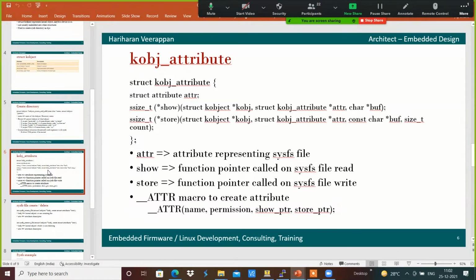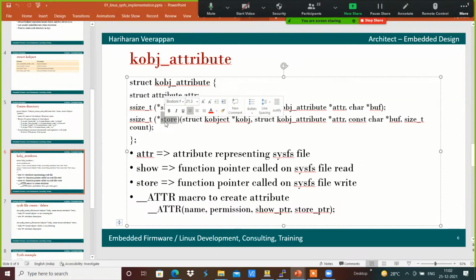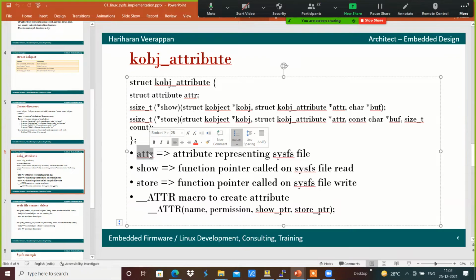For example, whenever we do cat or echo, whenever we are trying to read the file, then the show callback function will be used. Whenever we are trying to write the file, then this store callback function will be used accordingly. And for example, it will be used with the respective attribute.